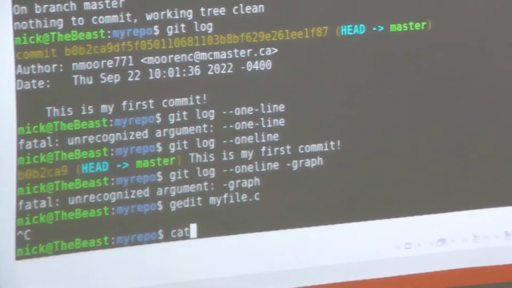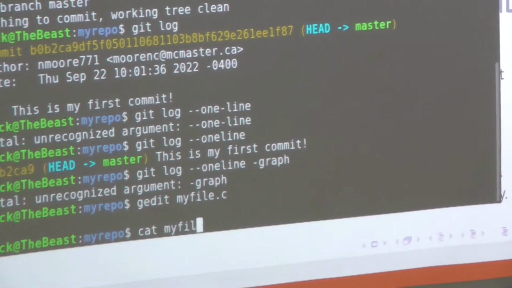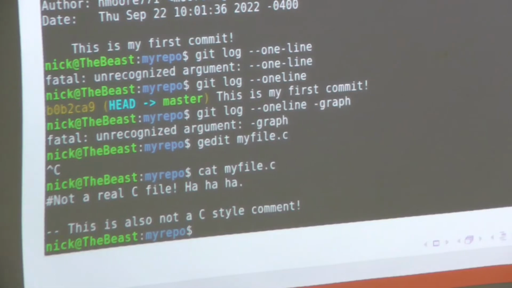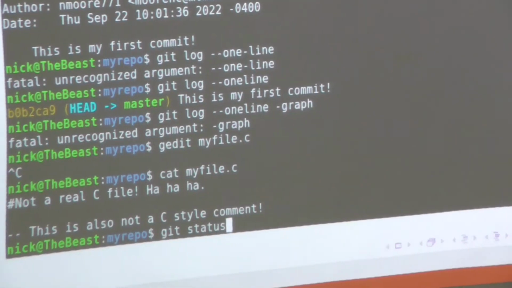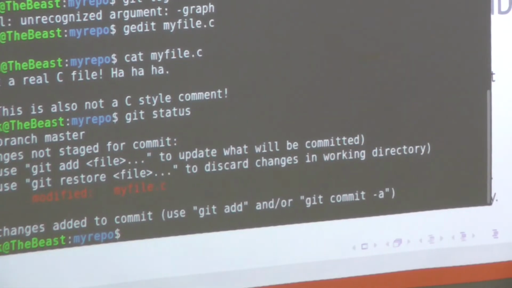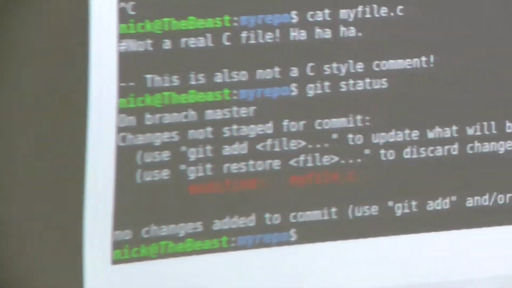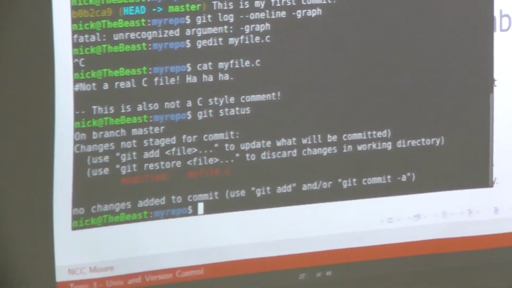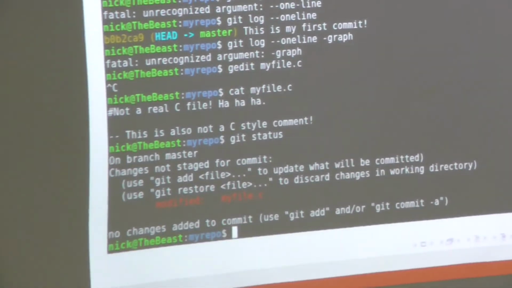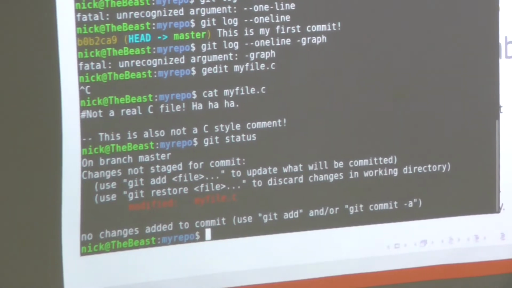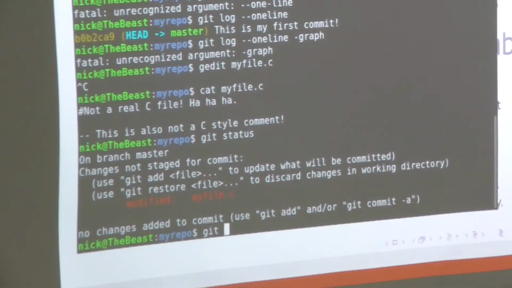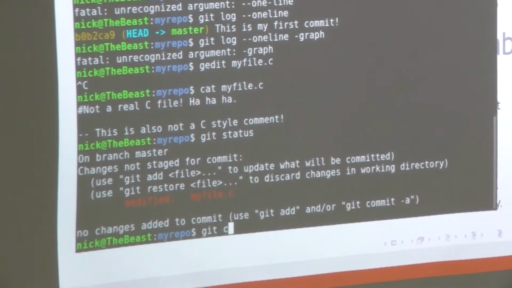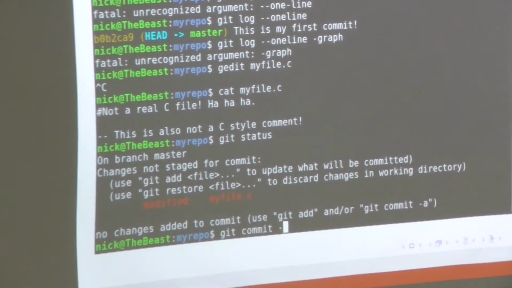So, view the file. You can see that the contents of the file have been updated. Git status. Modified: myfile.c. No changes added to the commit. Use git add or git commit -a. So you have basically two options. You can either use the -a flag on git commit to automatically perform the add procedure, or you can add it manually. But if you just commit with nothing in there,